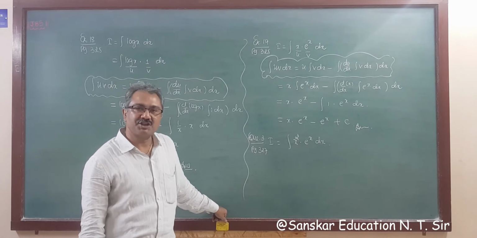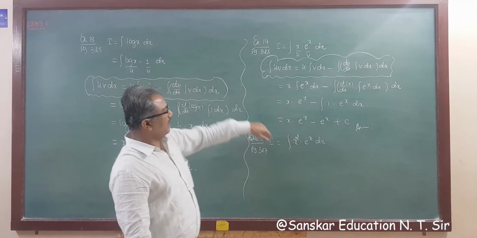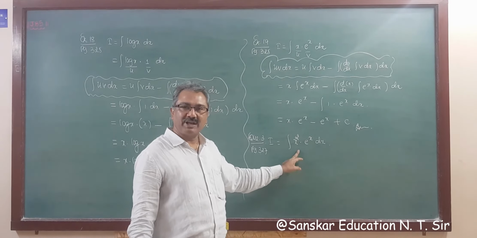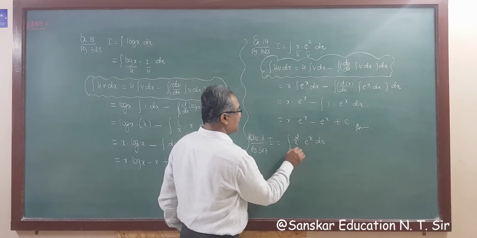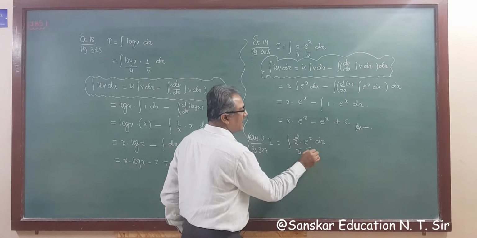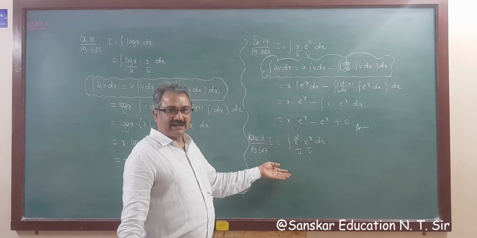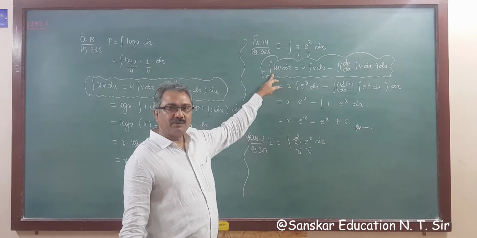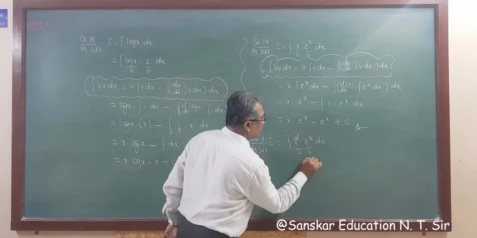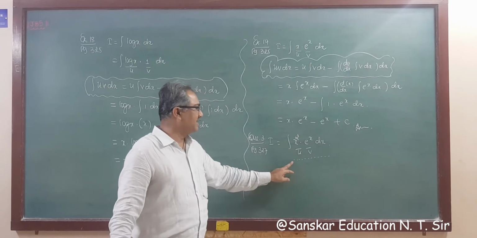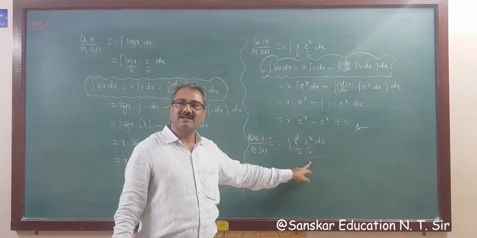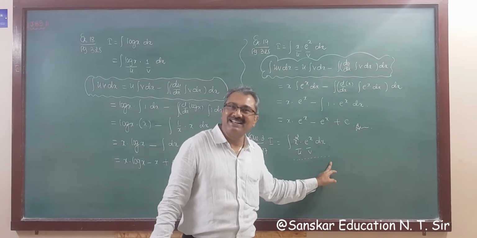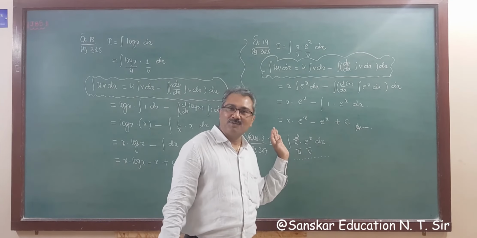I is equal to x square e raised to x. Now the same thing: this is an exponential function, and this is an algebraic function, so we have to take this as u. So this is u and this is v. I am solving the question in this space, so I am not going to write this formula again. You have to write the formula: integration of uv dx is equal to u integration v dx minus integration of du by dx times integration v dx, bracket over dx. This is the formula.